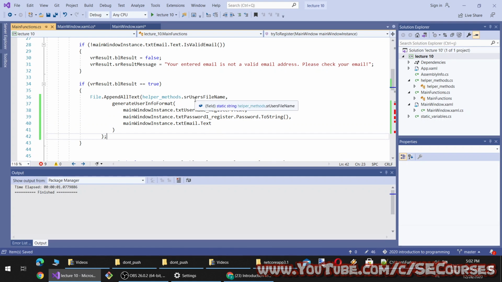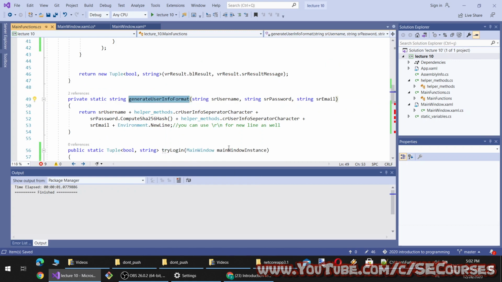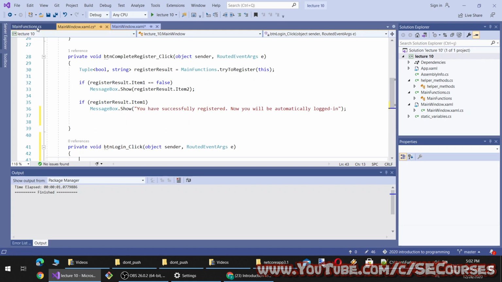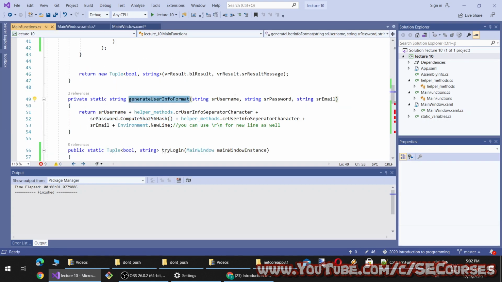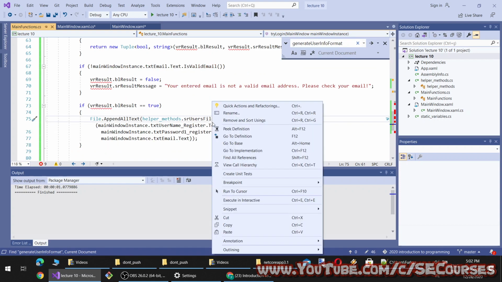Okay, and let's open inside it. You see here we are using the username as it is, then we are using the separator here, then we calculate the password hash. We don't touch the password at all. So the username we are providing is already formatted.